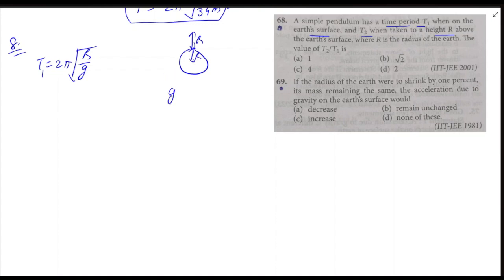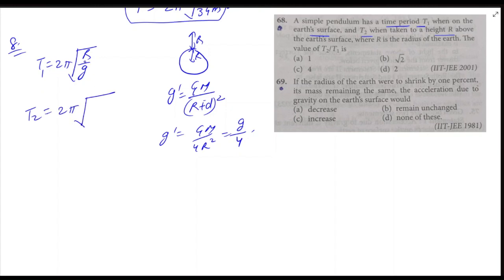what will be the formula? The formula will be g dash, which was GM by R plus h whole square, right? So g dash will be GM by, where h is R, so it will be 4R square. So we have g by 4, right? g by 4. So the new time period will be 2 pi root